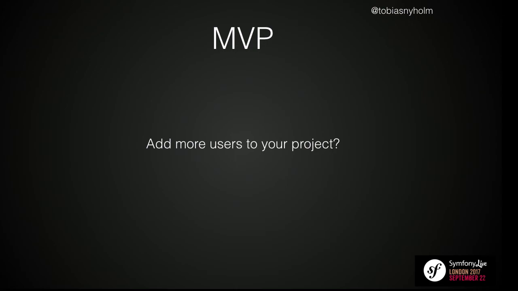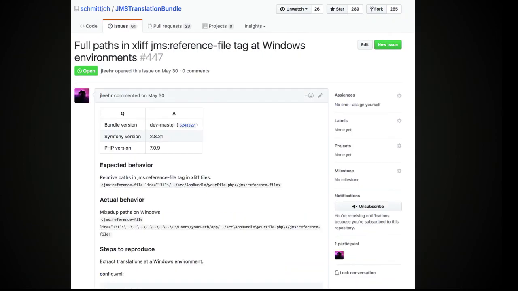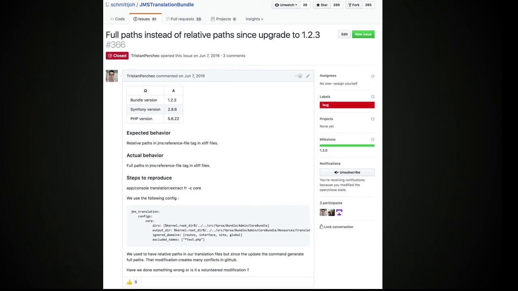While maintaining JMSTranslationBundle, we got a lot of issues like this. Most of them were related to the file references, saying, we don't use them, can we remove them? Because people are running into issues when they extract new translations and they have moved source code around, all the translation files were updated and they have to deal with merge conflicts. So it was a pain for people, obviously, or they complained that it didn't work properly, or that we should not use relative paths but absolute paths and stuff. In fact, 80% of all the issues in JMSTranslationBundle were related to either the extractor or